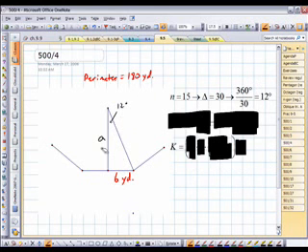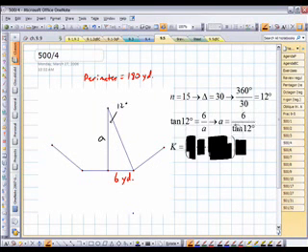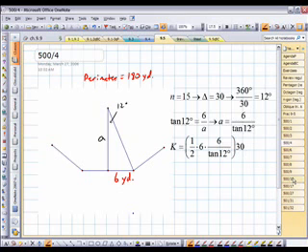So now, once again, tangent is opposite over adjacent. So tan 12 is 6 over A. So A is 6 over tan 12. So I do half times my base of 6 times my height of 6 over tan 12 times 30 triangles. And finally,